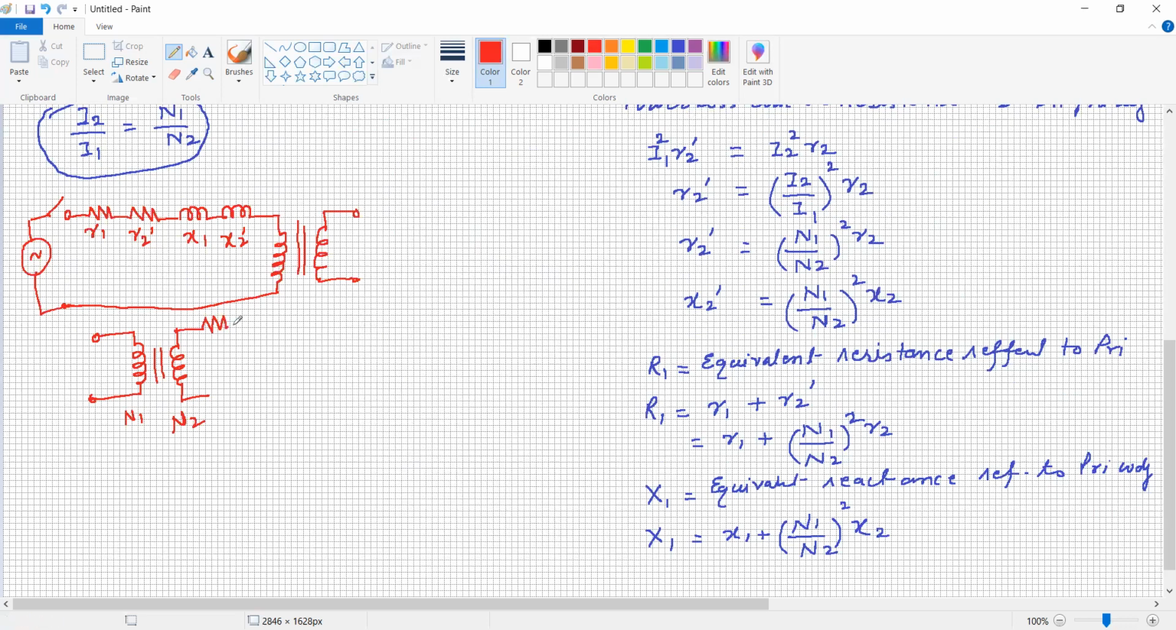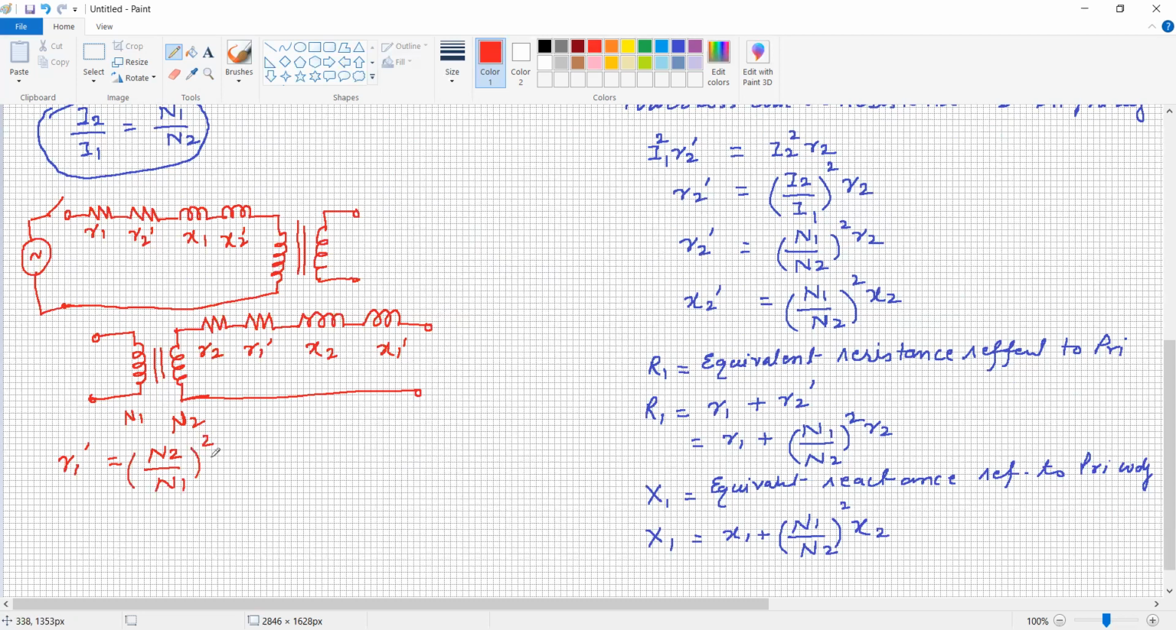Now the resistance of primary winding, resistance of secondary winding, similarly the reactance of secondary winding, reactance of primary winding, all are referred to the secondary side. So it is R2 as it is, R1 dash, X2 and X1 dash. So in this way, it is opposite to that one. So resistance R1 dash is equal to N2 divided by N1 bracket square into R1,